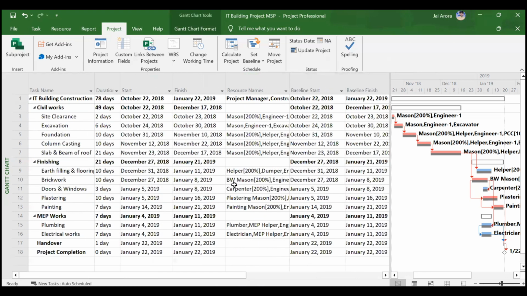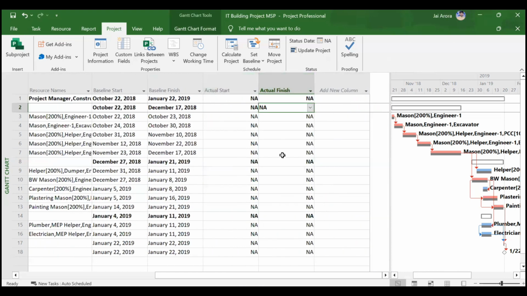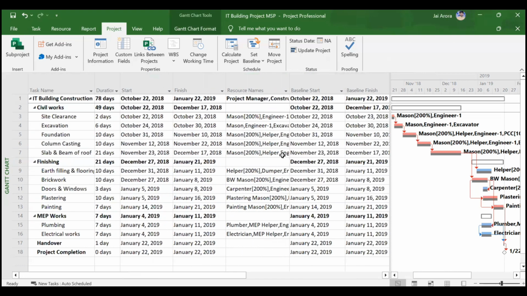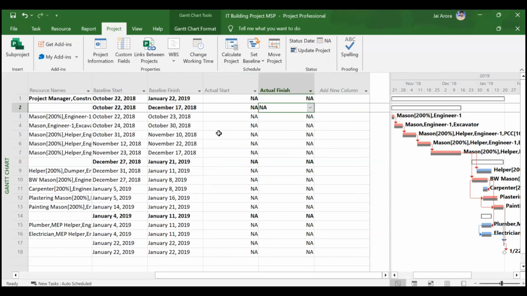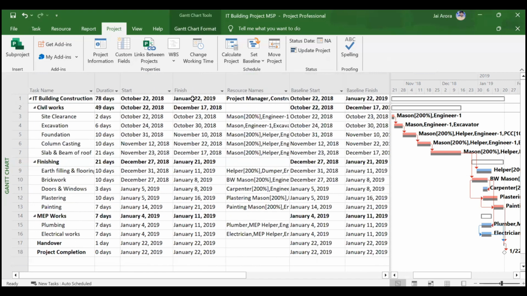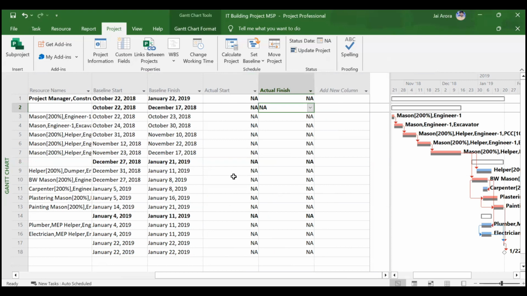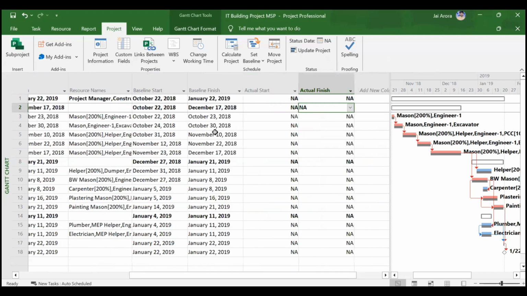Whatever updates we do, we will only touch these columns of actual start and actual finish. Suppose, let us say I am updating my progress status on 4th of November. Then you will see these three activities fall either on or before 4th of November. Then you will update the actual dates for these three activities here, whether the first activity started on what date, ended on what date, second activity and third activity and so on. What will happen to these two columns is based on the inputs that you give in the actual start and actual finish,